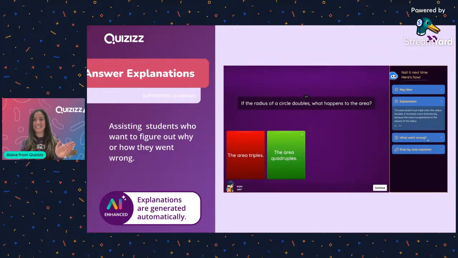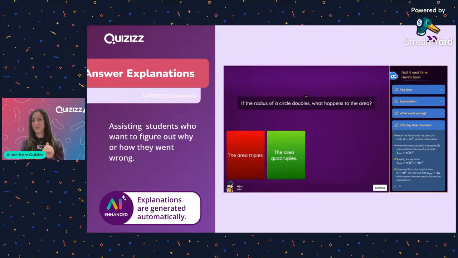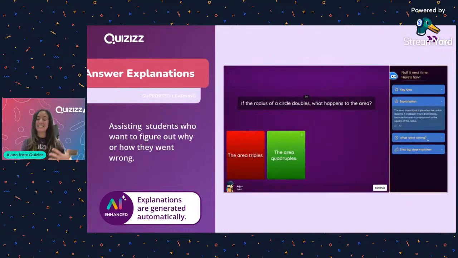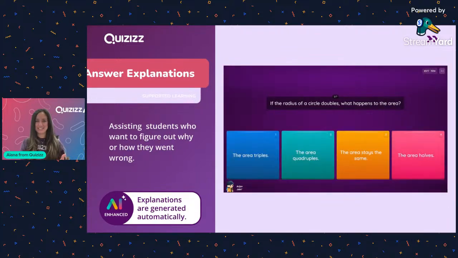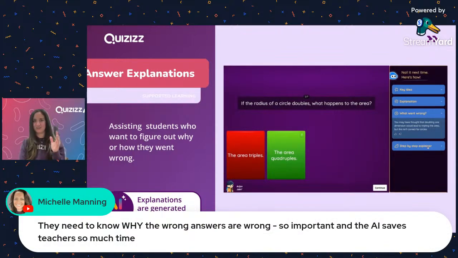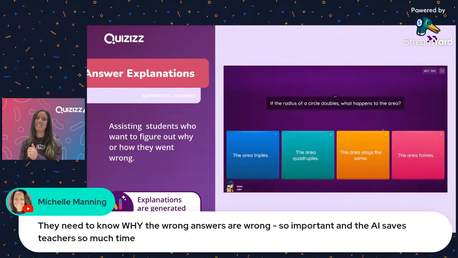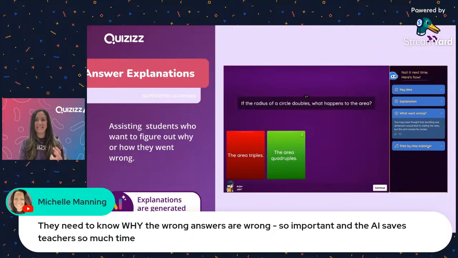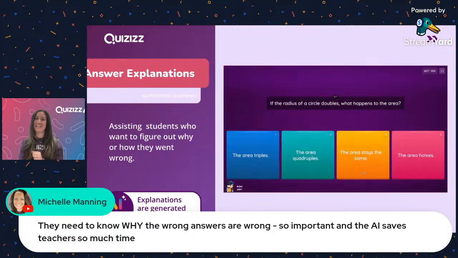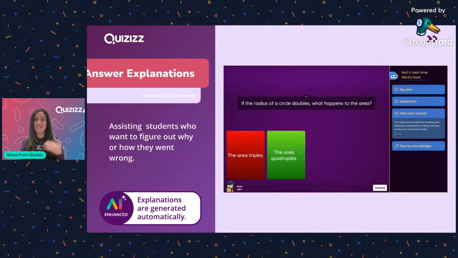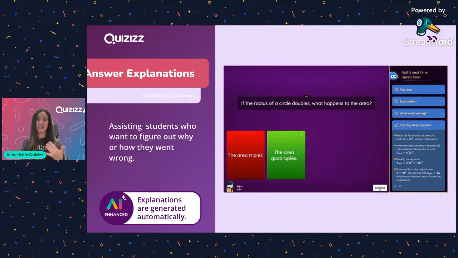But basically, when a student gets an answer wrong, it's going to break down why they got the answer wrong and explain it step by step. And then they're able to reattempt the question now that they have that explanation. So this is so amazing for accessibility because one student could put A as the answer, and that was incorrect. Another student could put B as the answer, and that could be incorrect. But each student, no matter which incorrect answer they may have chosen, is getting that tailored explanation to lead them to the right answer and to make sure that they are able to access that content and to have it broken down for them, very specifically.